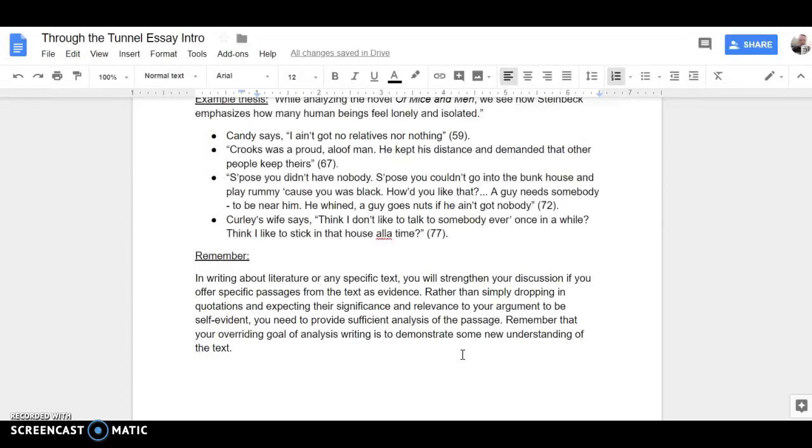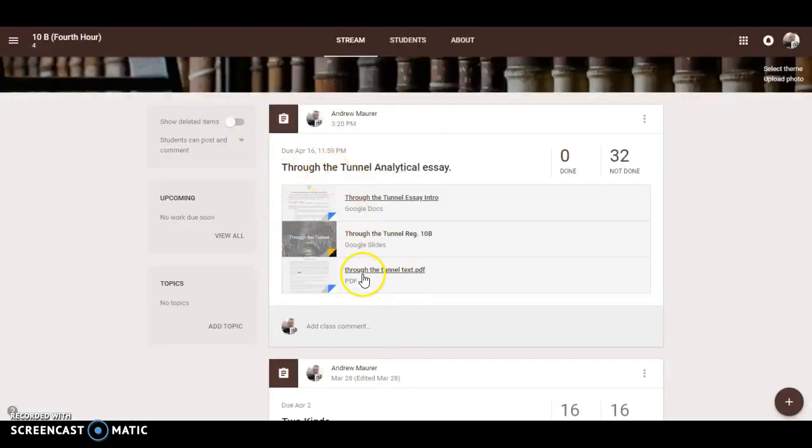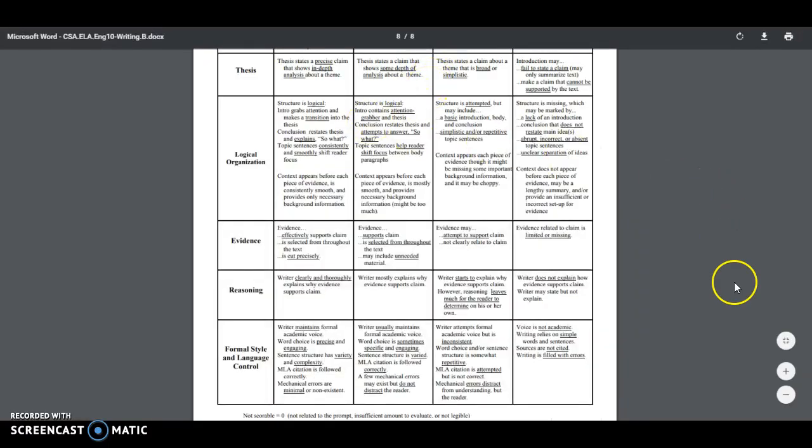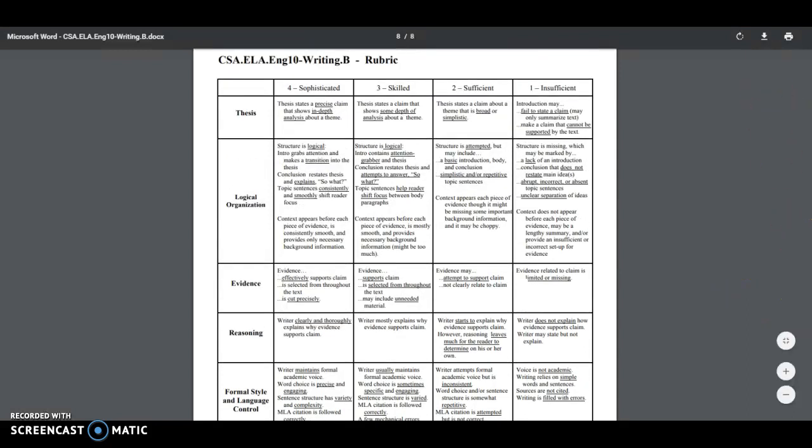When I was looking at a lot of your outlines, a lot of you have quotes, but your quotes aren't clearly explained. This is going to take some practice, but hopefully what I show you next will help. So those are the 3 things in our Google Classroom. This is going to be the rubric that I'm going to use, and I just want to show this to you. This is going to be the same rubric that we use for our CSA, our final, at the end